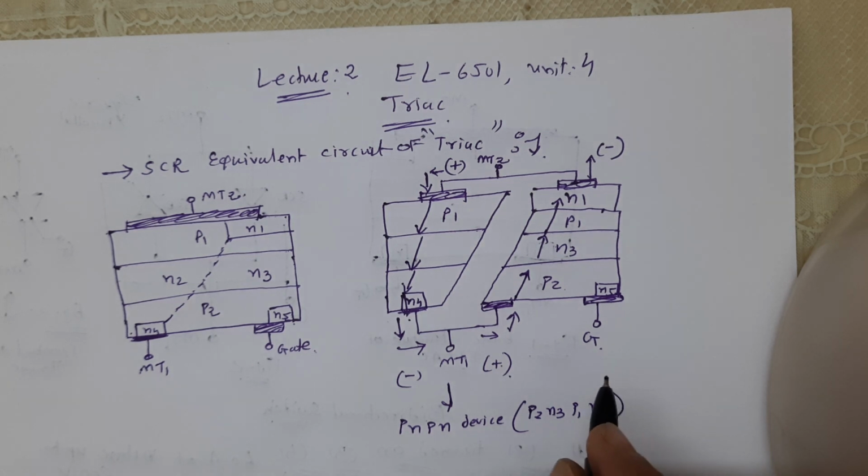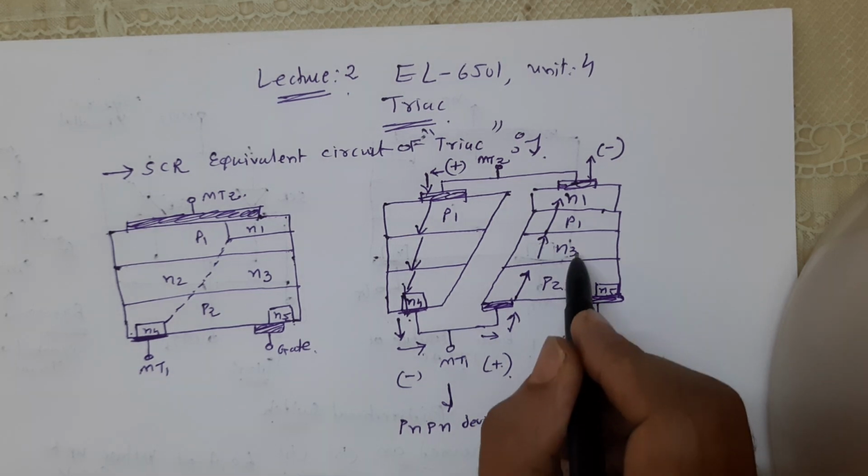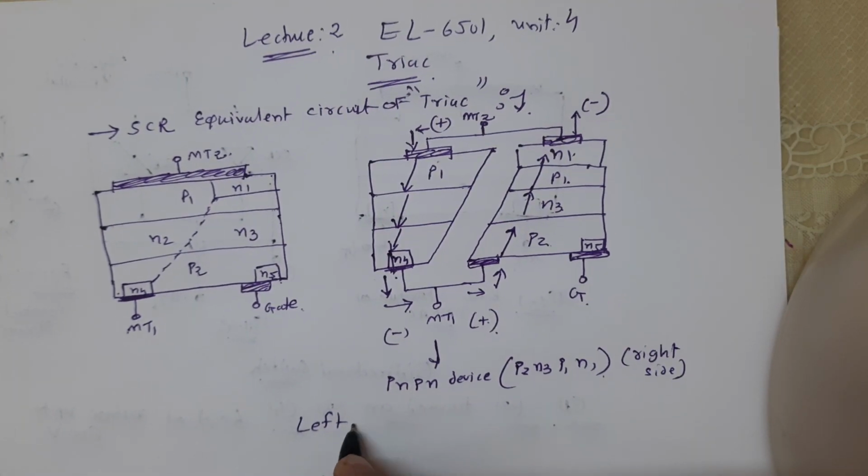That means P2 N3, P1 N1 on the right side. Then the left side,